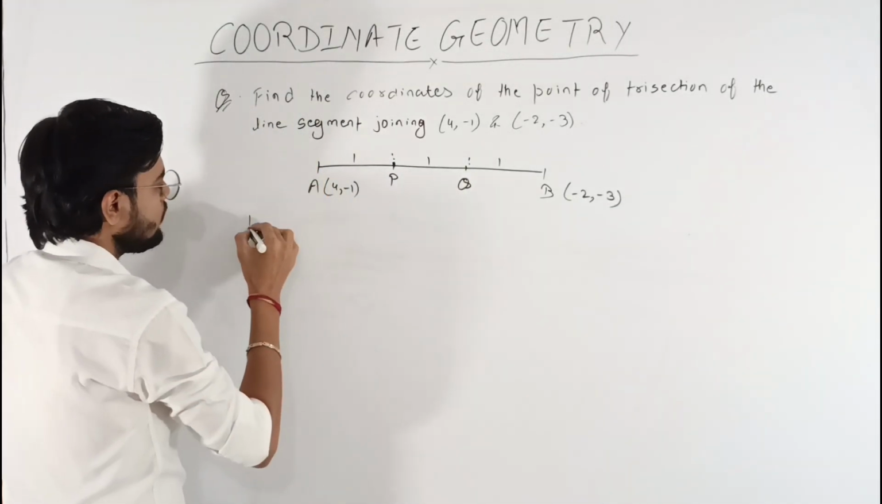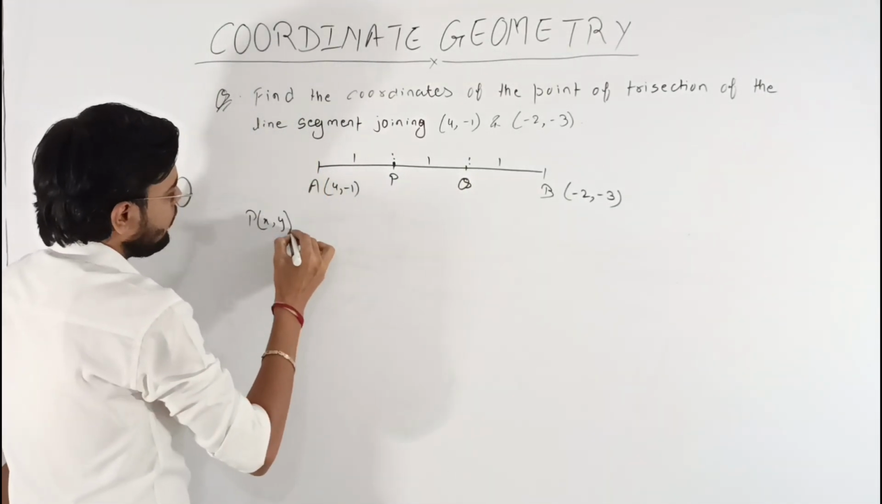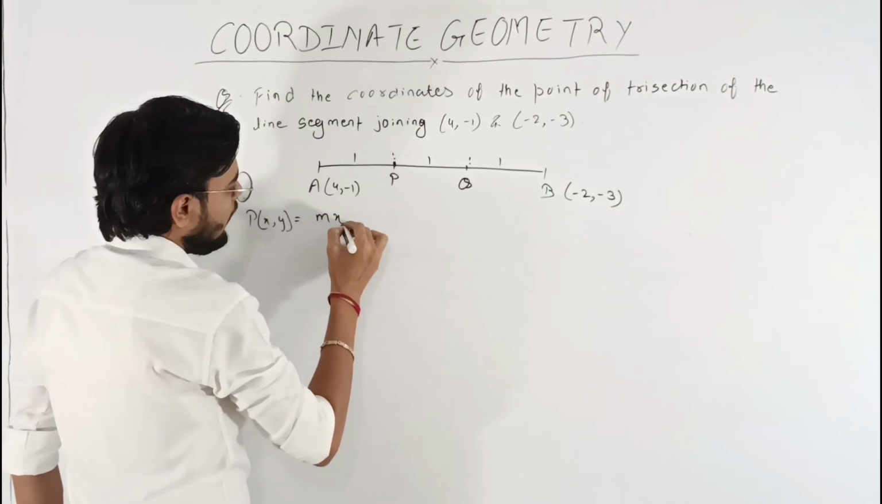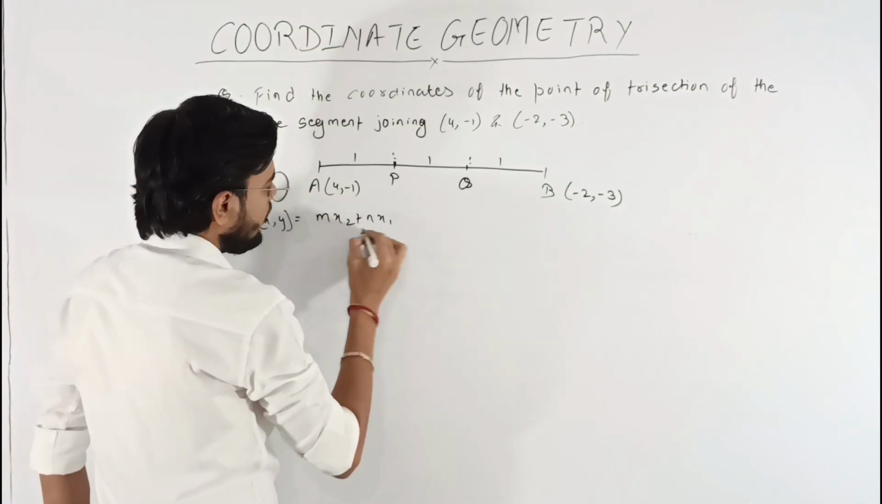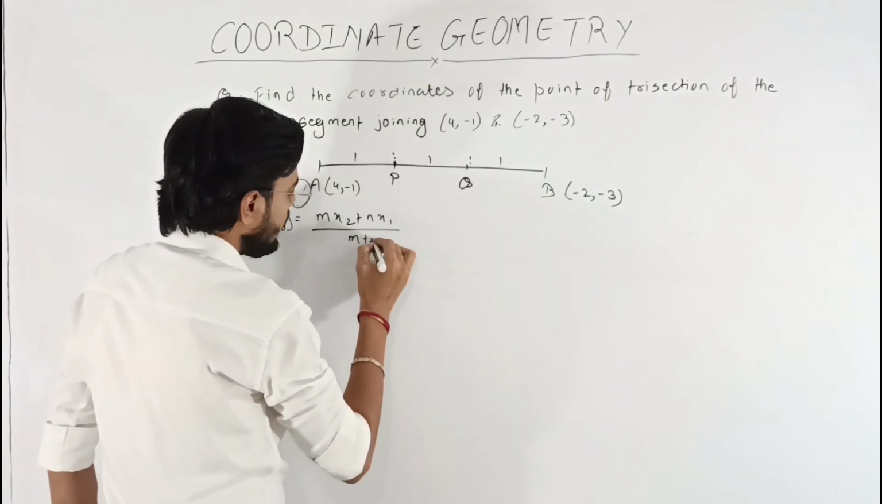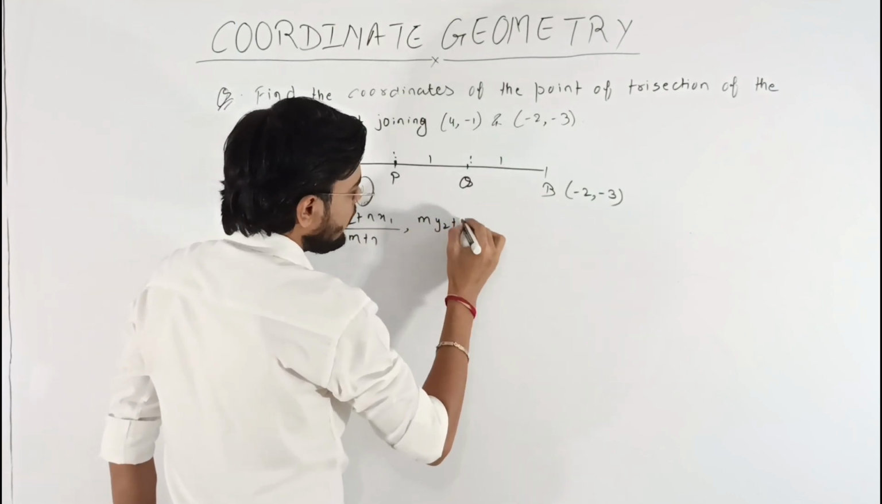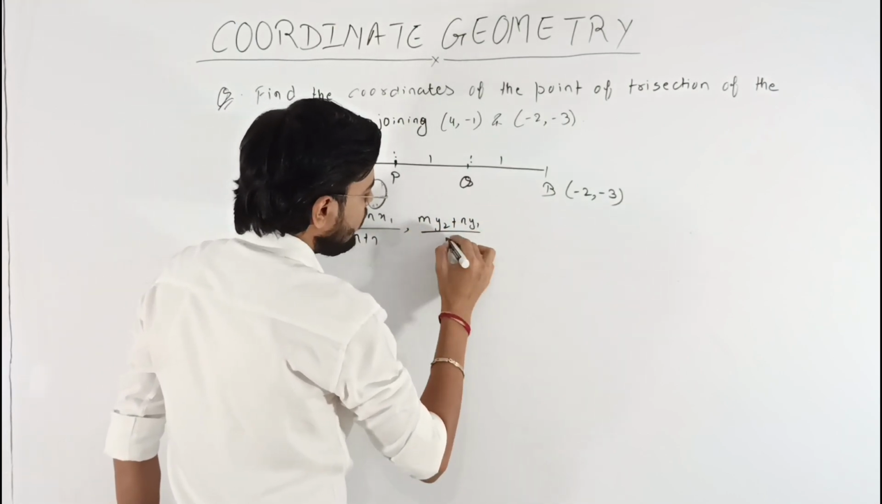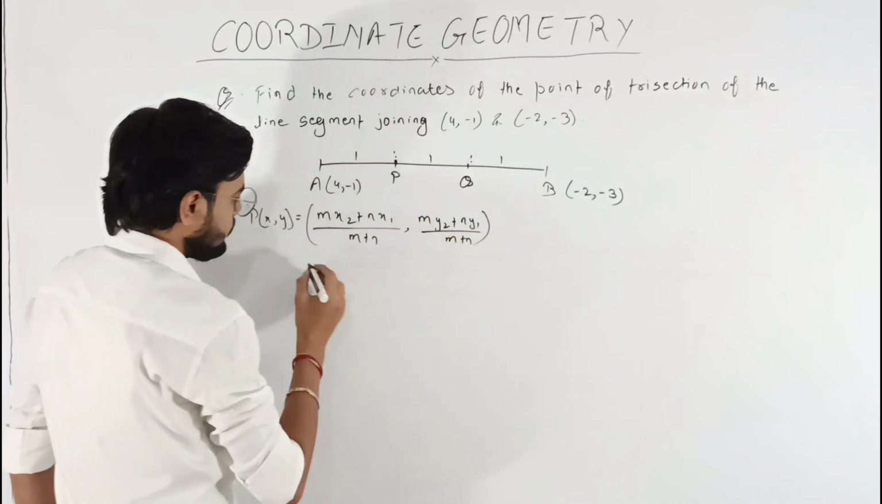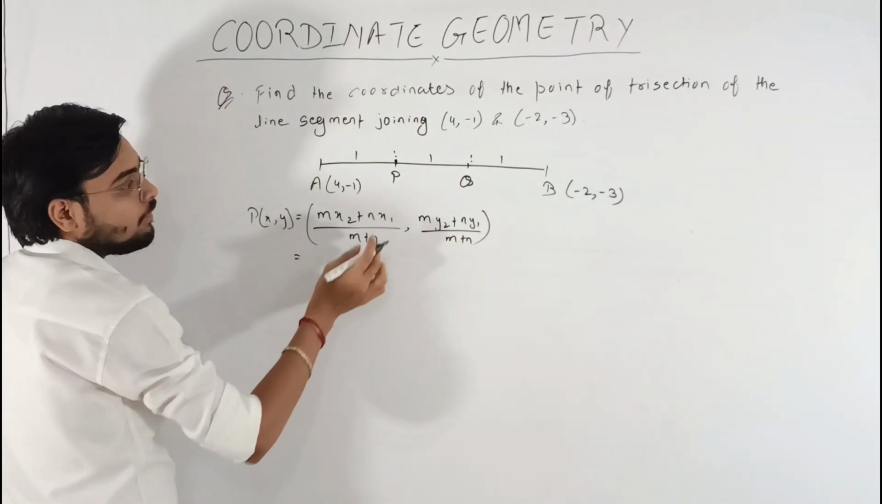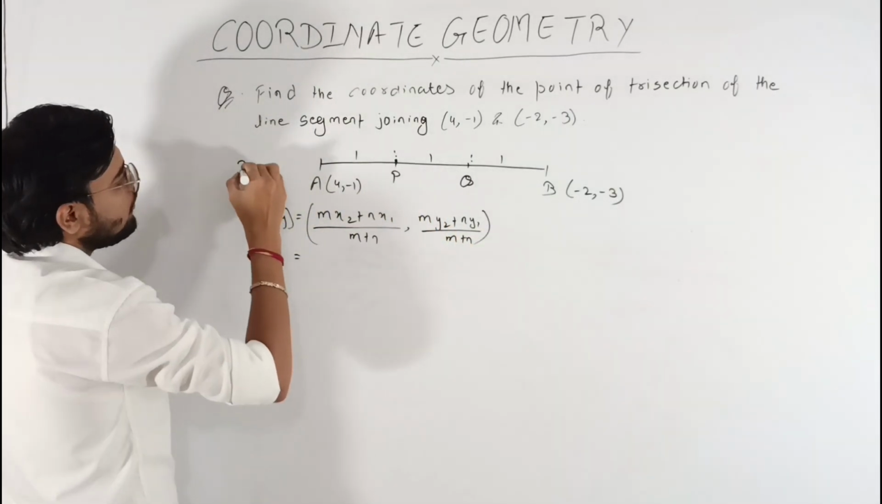Now P(x, y) is equal to what? (m x2 + n x1) upon (m + n). This is the x coordinate. Now the y coordinate: (m y2 + n y1) upon (m + n). Now look here, the ratio of P is